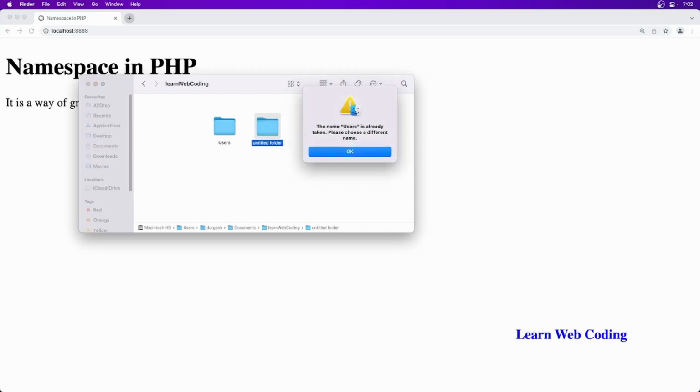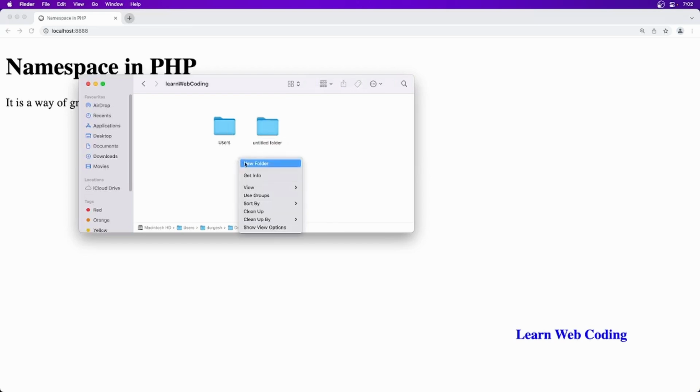And now I just wanted to maintain one more list of users for my students. Okay, now as you can see I'm trying to create a users here, but this time it is not allowing me to create a users because it already exists, right? So what I have to do is create another directory and name it teachers maybe, and place this inside the teachers directory. Create one more and name it students, and now rename this one to users again and place it in students. Now see, I can maintain the name of users in a different directory but not in the same.